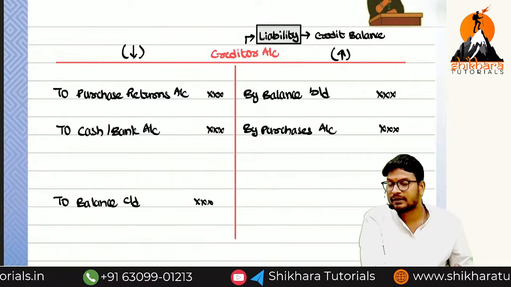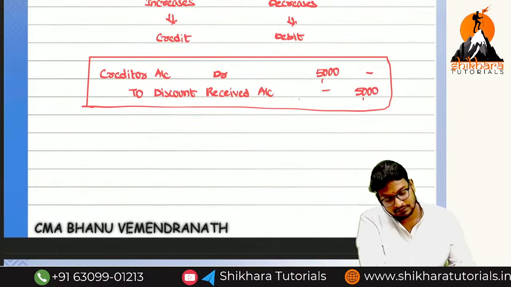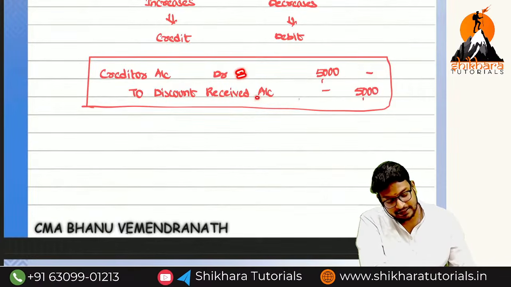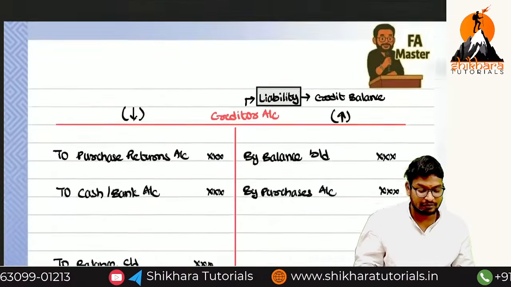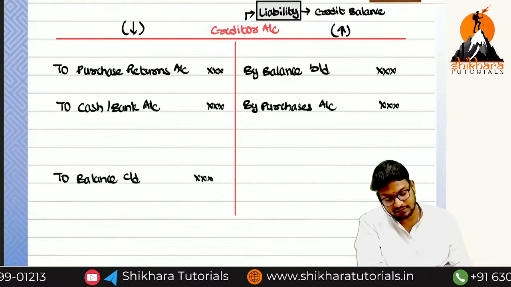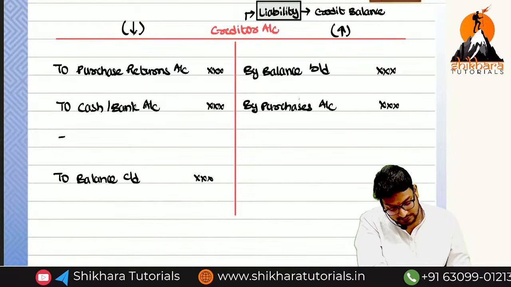Okay? What is the next journal entry? Discount received or allowed? Received. So the entry we are going to get is creditor account debited to discount received account. Which side do we need to record that on? Debit side, because the value increases or decreases? The value is going to decrease. So to